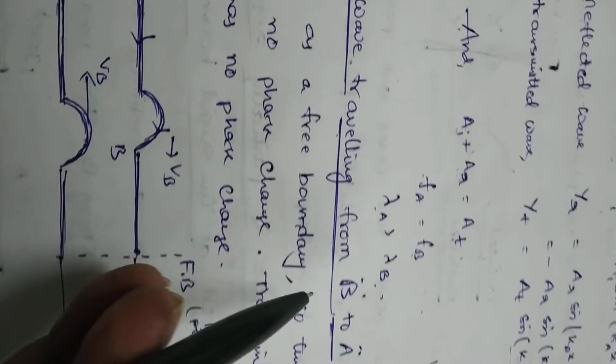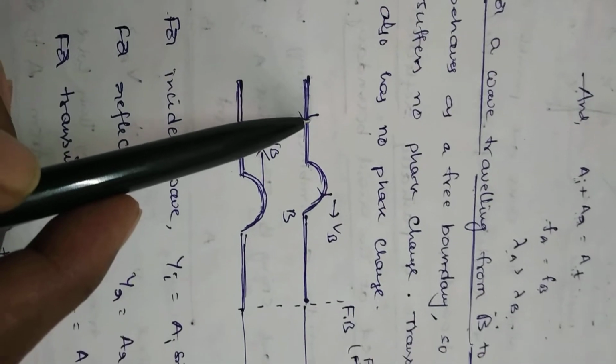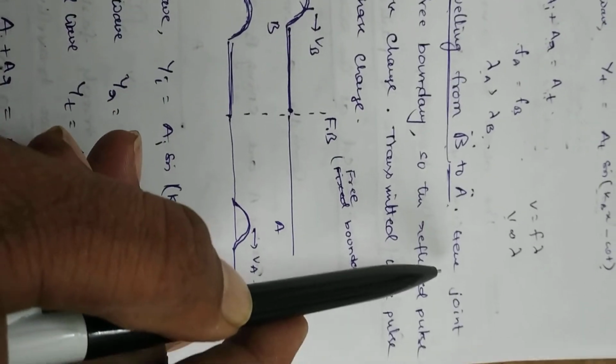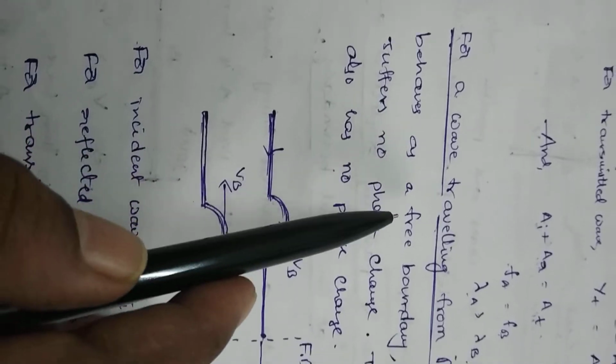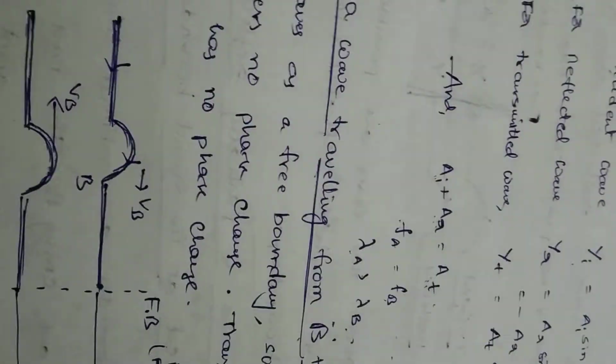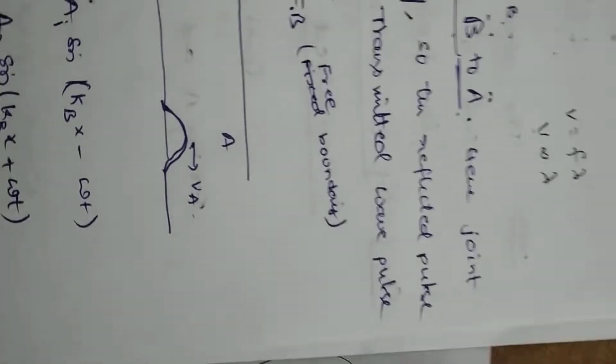But for a change, consider a wave traveling from B to A. Suppose here there is a thick wire and this is a thin wire. The wave is traveling from B to A. Here the joint behaves as a free boundary. Why? The joint behaves as a free boundary because